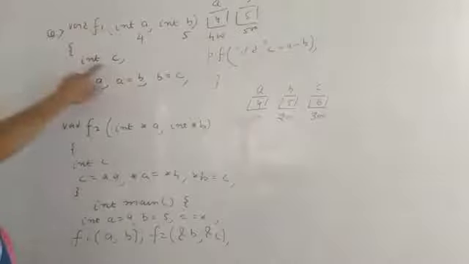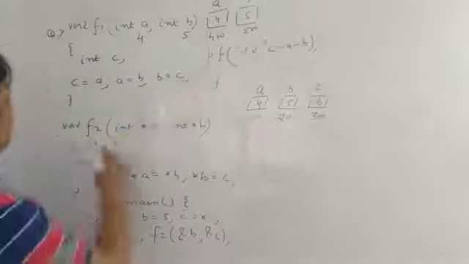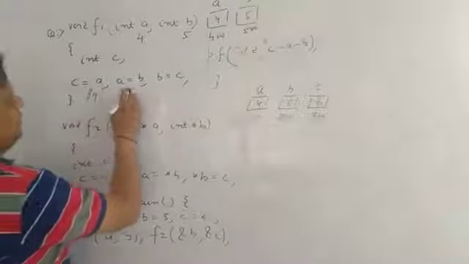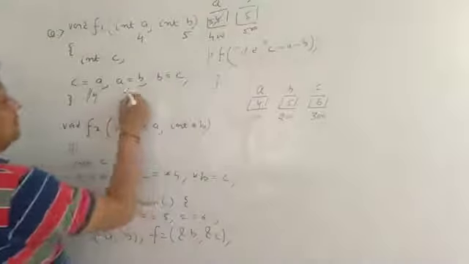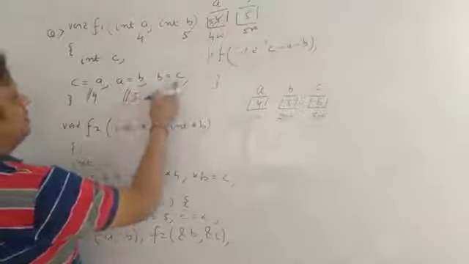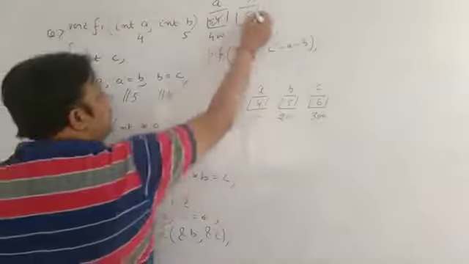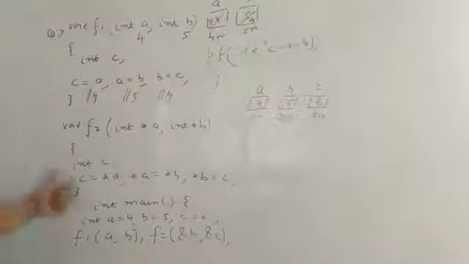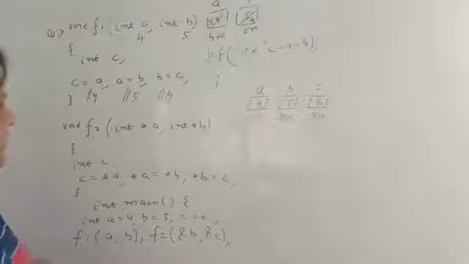So now c is equal to a. Value of a is 4, so c is 4. A is equal to b, therefore this changes to 5. A becomes 5 and b is equal to c. Value of c is 4, therefore the value of b becomes 4. This becomes 4, right? Now again, when control goes back to the main, now I am passing address of b comma address of c,